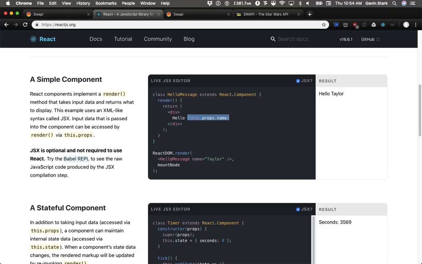These braces here without the dollar sign are just like our string interpolation, except it's React interpolation. So in React, when we want to interpolate something into the HTML we're generating, we do just like we do in plain JavaScript, but we just don't do the dollar sign. So that says, hello, this dot